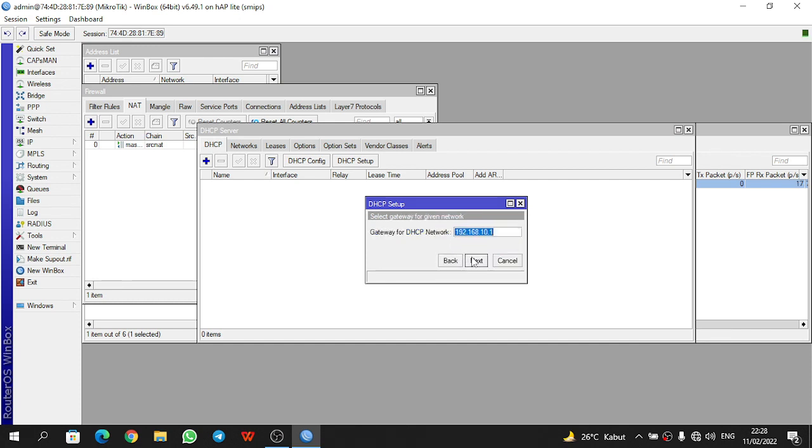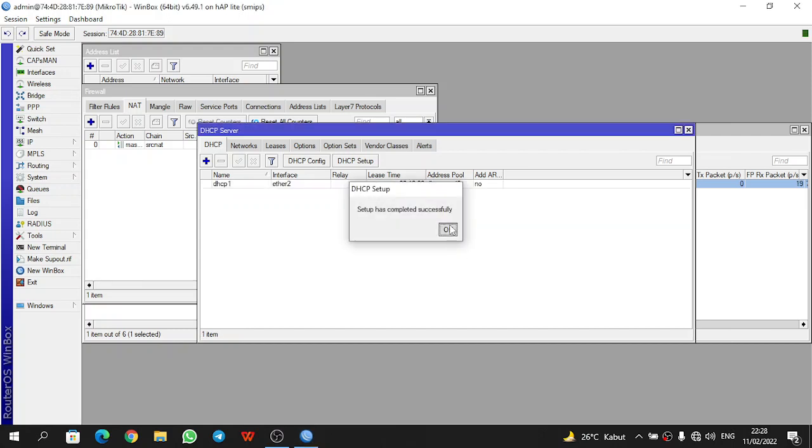Next, the DHCP address space, the gateway for the DHCP network, the addresses to give out, and then the server. Next. Okay.